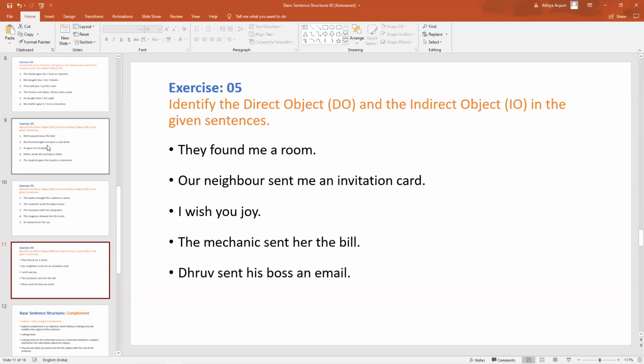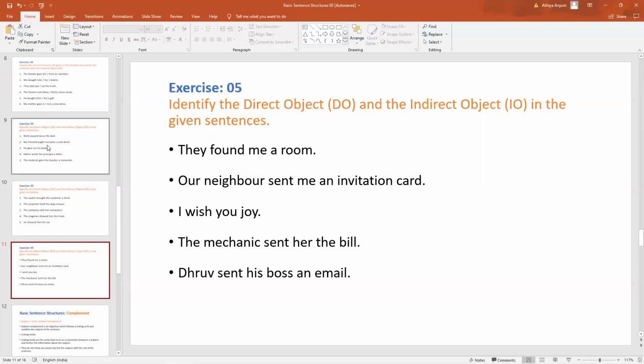Then the next one was subject plus verb plus object, the SVO pattern. Again, same thing, you have seen many sentences and you have been asked to write as many sentences as you can in that pattern, so that you'll be thorough and you'll also be able to identify it if you are given a few sentences. Now you have learned the SVIO pattern.